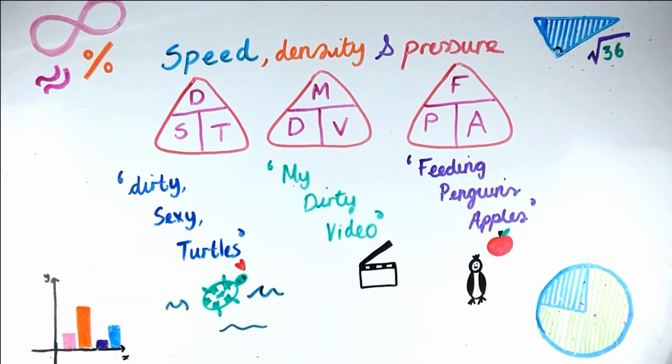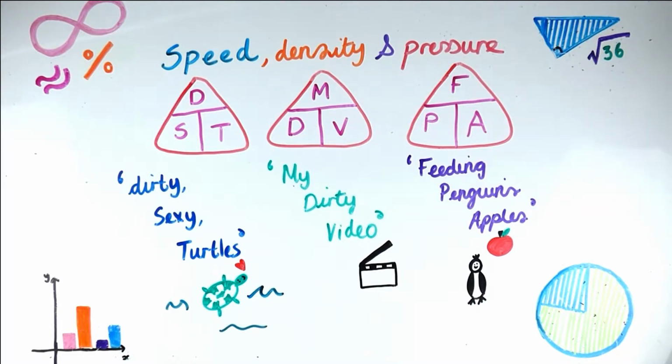Density, pressure. That sounded really lame. Okay, so firstly there's quite a lot going on immediately. Don't freak out. So this video is about speed, density and pressure, and we've got here 3 formula triangles for